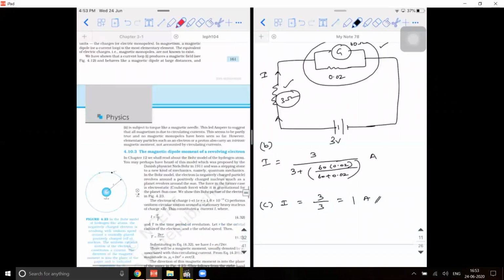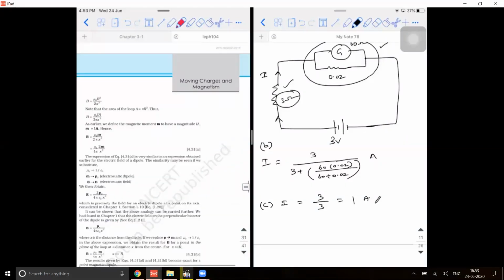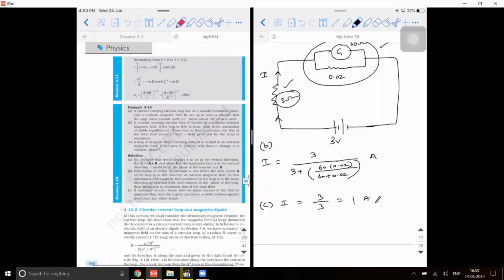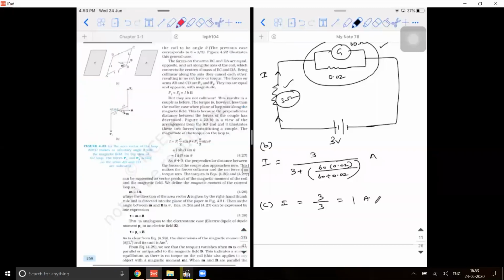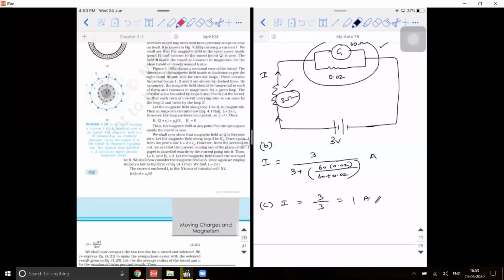See, if you go through the textbook, this concept actually doesn't belong to this chapter. It is the starting of the next chapter, the 5th chapter. That is why I didn't explain it here, so don't worry about it. The other parts are completed. First, read my notes, then read the textbook.